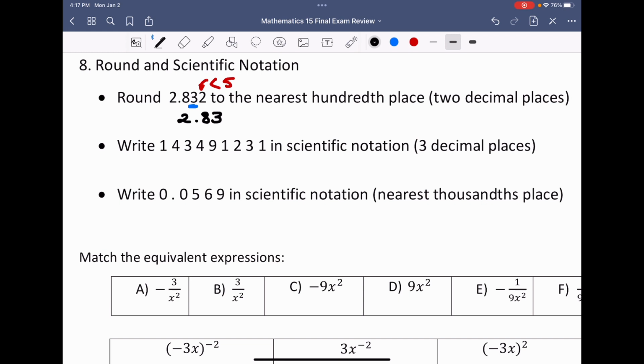Well, if the decimal is currently here, then if I want it to 3 decimal places, what I'm going to have to do here is I'm going to have to say, let's move this so that it is in terms of one number being the leading coefficient. So I'm going to move it a certain amount of times like this, and I want to count that. We're going to move it 1, 2, 3, 4, 5, 6, 7, 8 times. The new number would become equal to 1.43,